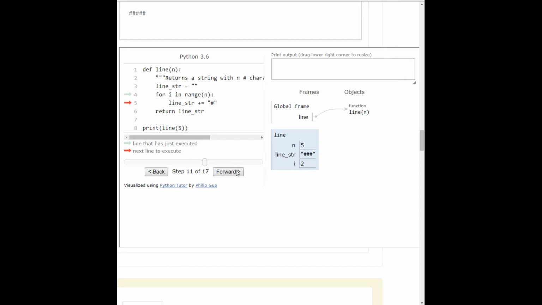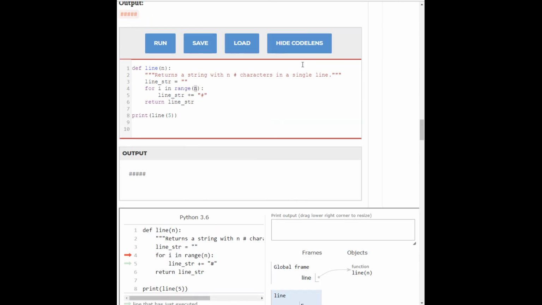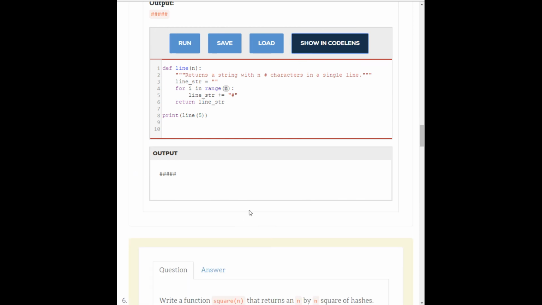The third time through, it adds a third, because every time through, line string becomes this. So when we get down to the adding section here, line string is 3 hashes. So 3 hashes plus 1 hash equals 4 hashes. I hope that makes sense and it's clear what that repeated concatenation is doing, because that's what we're going to use to build the rest of these